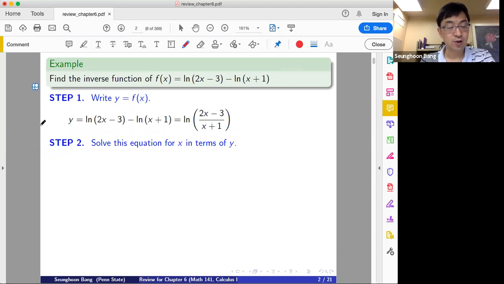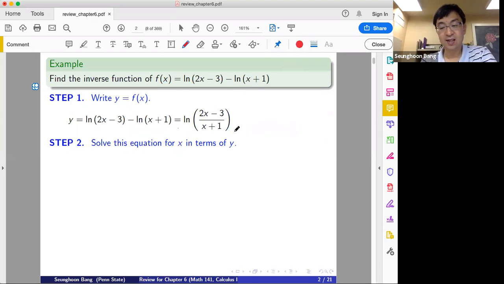I have one question. How can you eliminate ln? Do you have any idea? How can somebody eliminate ln from this equation, y equals ln of 2x minus 3 over x plus 1? Okay, so how about other students? Do you have the same answer? Do you agree with the other students? Okay,